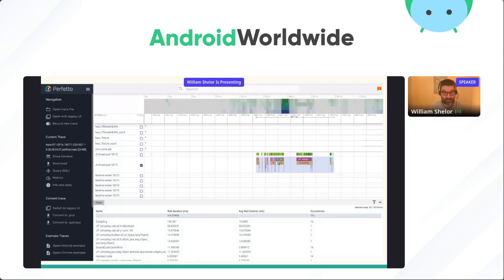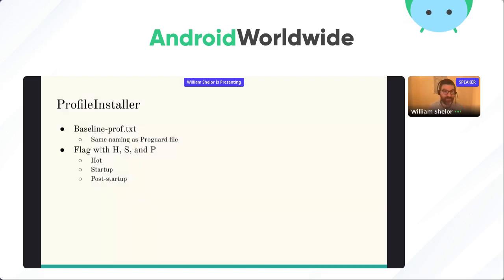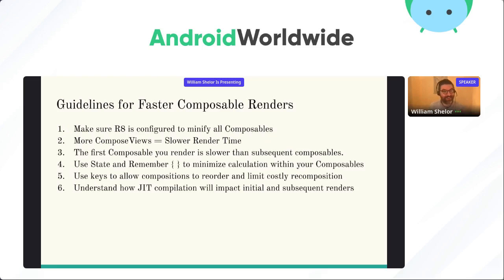So this brought my render time to 565 milliseconds, which is less than 10% slower than XML. And if the composer didn't need to be created, I actually suspect that in most cases where this was on user devices, Compose might even be faster than XML. So there you have it. There's a little bit of information about Profile Installer. Here are the guidelines for faster composable renders, ending with, of course, understanding how JIT compilation will impact your initial